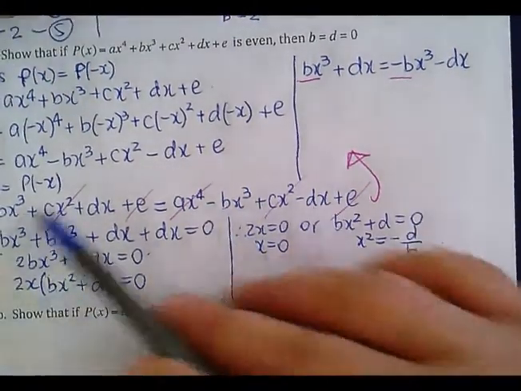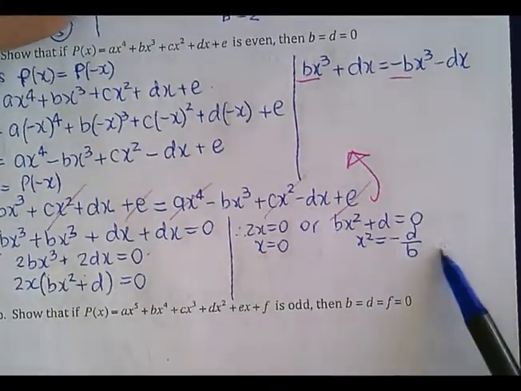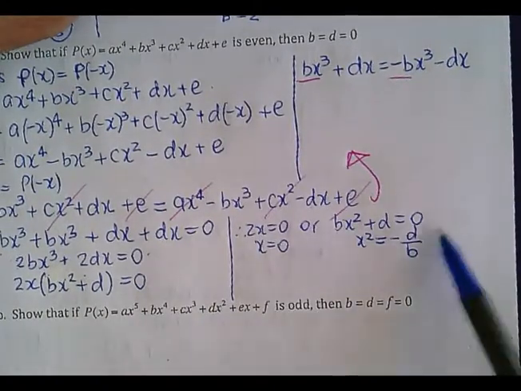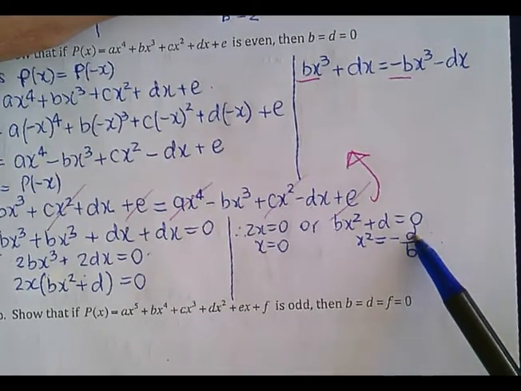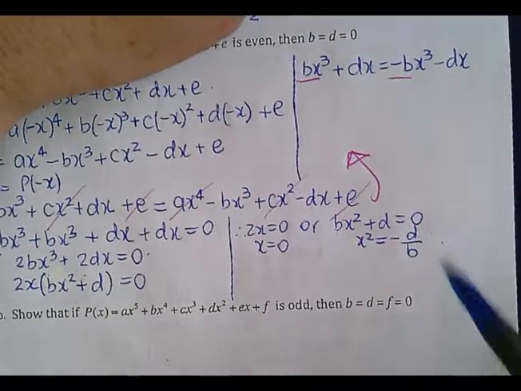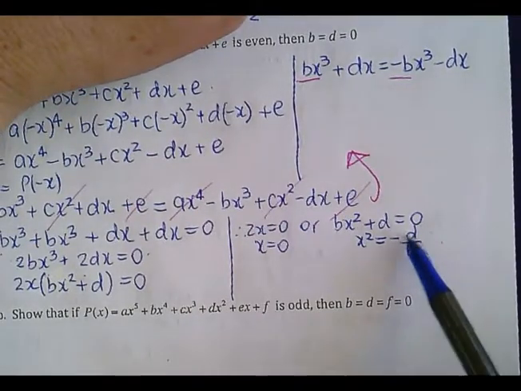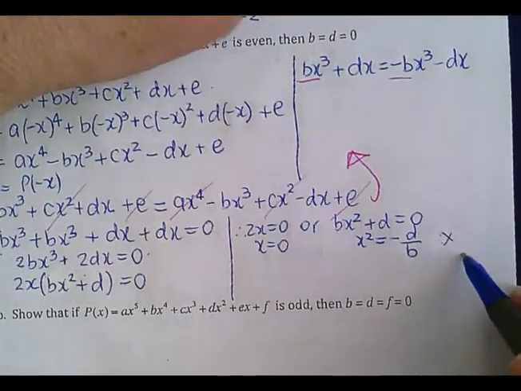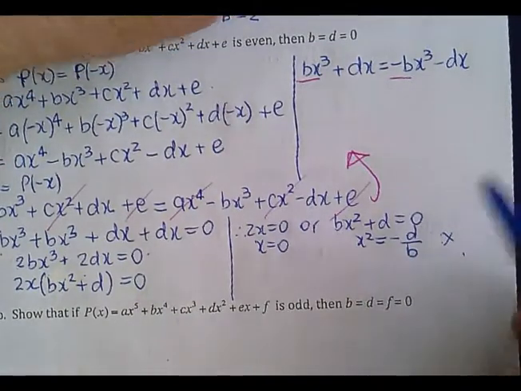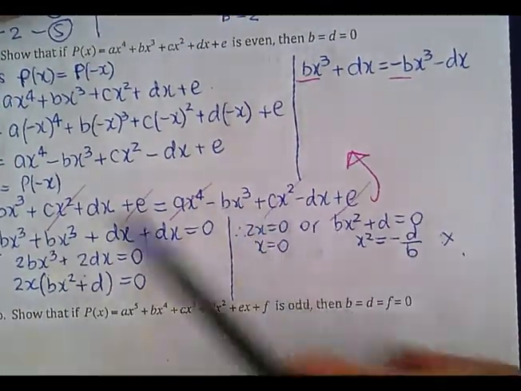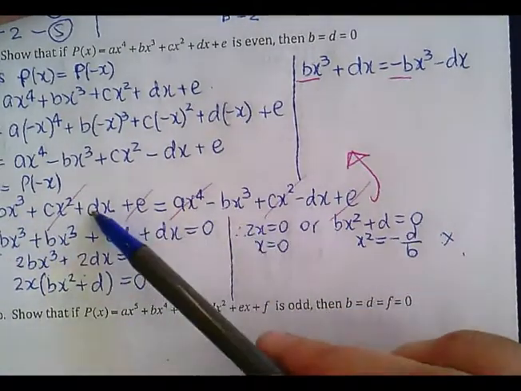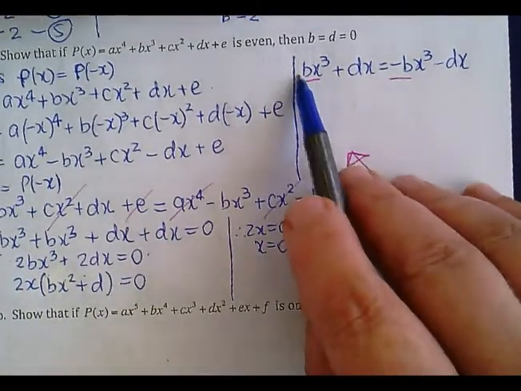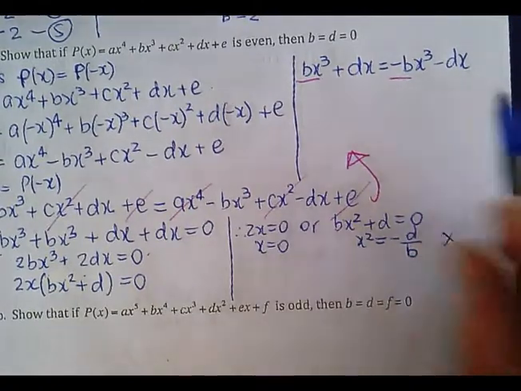That's not leading me anywhere. So best thing to do from here, let's just keep our x cubes on the left and these on the right. The only way that the left-hand side will equal the right-hand side is if